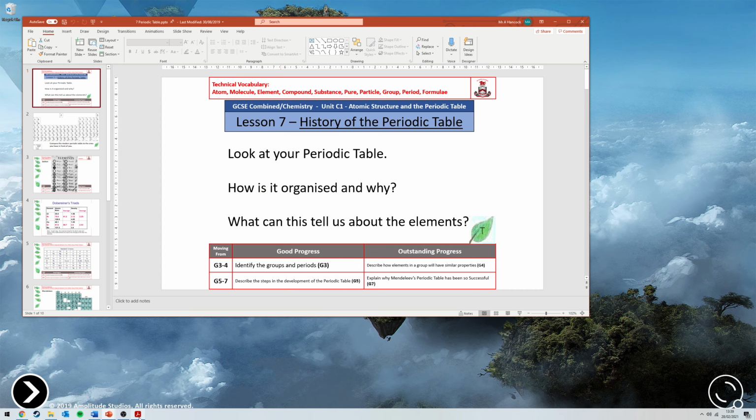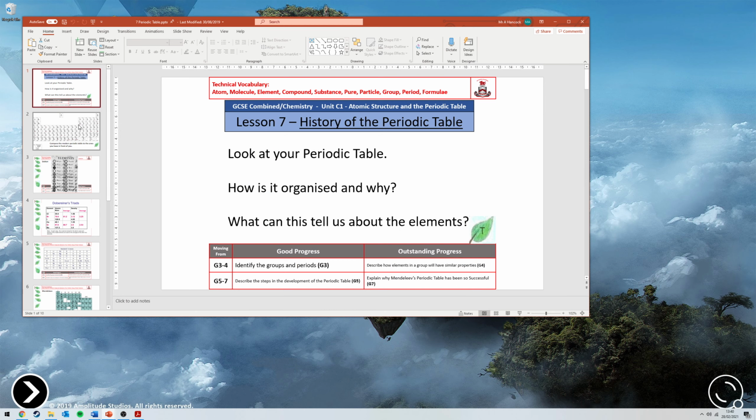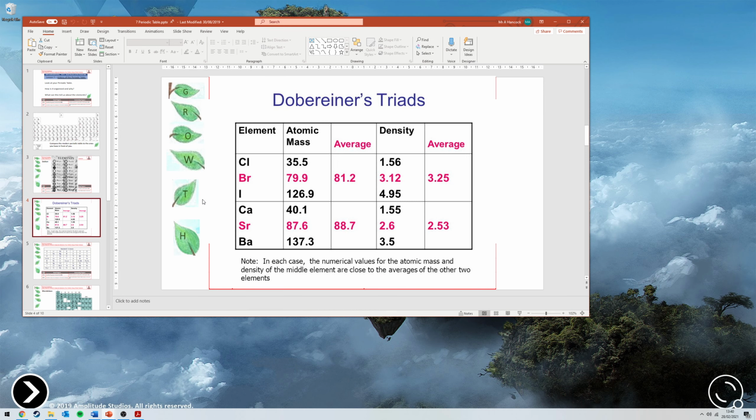So let's have a look at your periodic table, this is the modern version. How is it organized? Okay, and why have we organized it like that? Remember, we labeled all of the ways that we organize it and what it means. I'll give you a hint. The atomic number means something, the group number means something, the period number means something, and that's how we've organized it. Then compare it to these 4